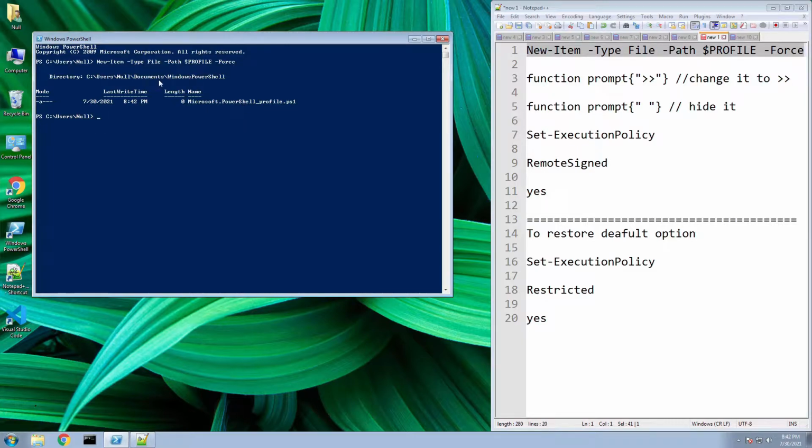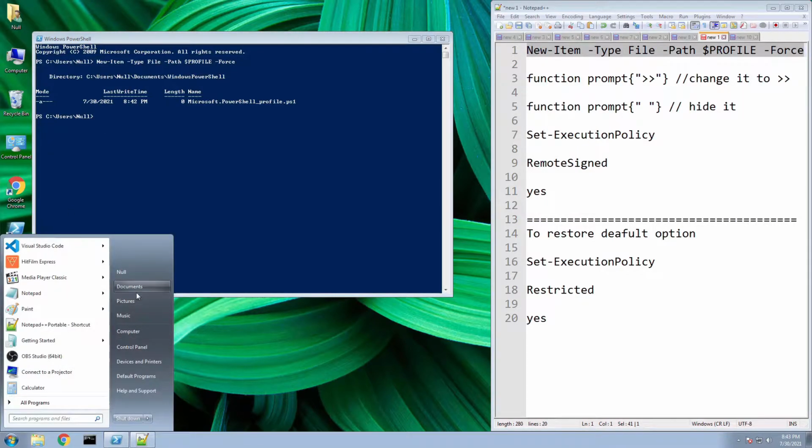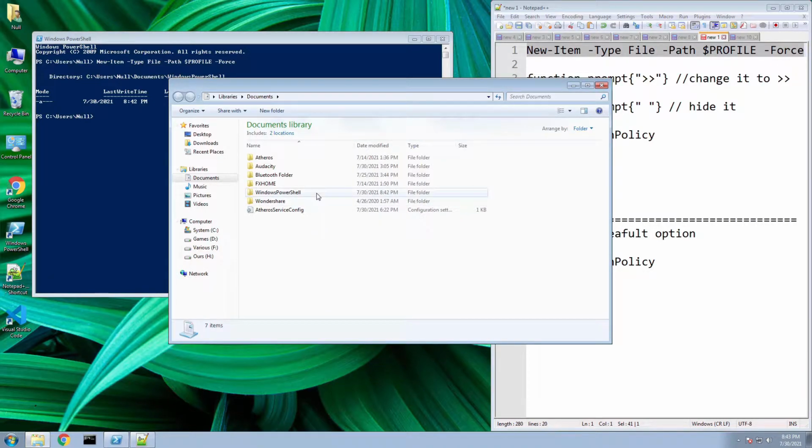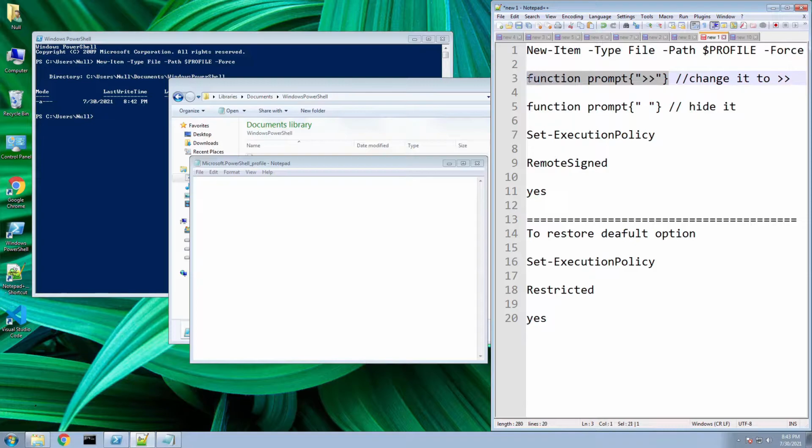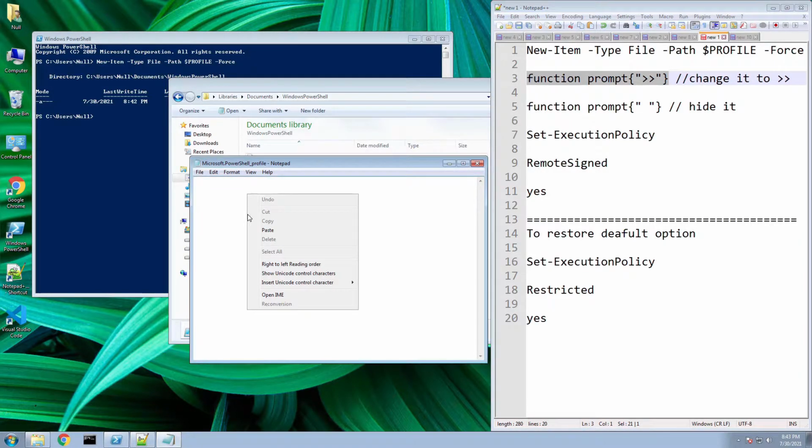Usually it is in Documents. And here you are. Just open it with Notepad or any text editor and copy this command to change the path to the symbol, or if you want to completely hide it, you can copy this command. Click File, Save,